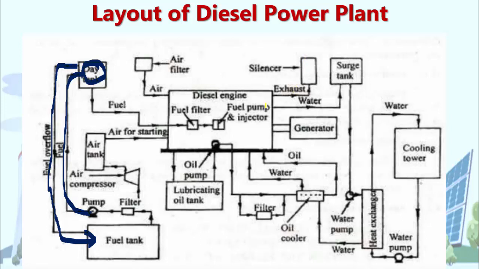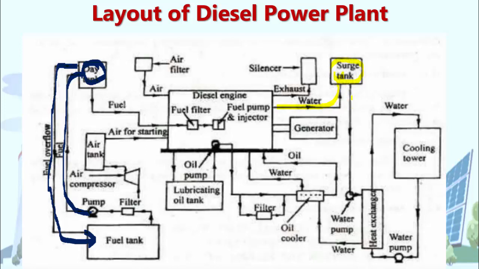Now you have to give the water. The engine is manufactured along with water jackets, that is, the minute holes which go along the walls of the engine, right? Through those water jackets, the water has to be supplied in order to reduce the temperature of the diesel engine. Once you supply the water into the diesel engine, it gets the heat from the engine and becomes hot water. That hot water has to be supplied to this surge tank, that is the storage tank. In this storage tank, hot water is stored.